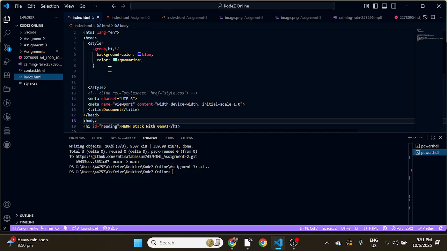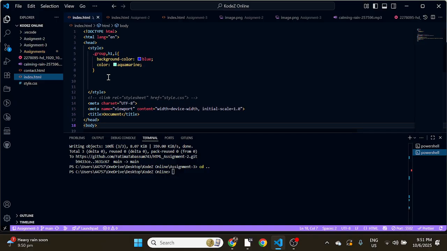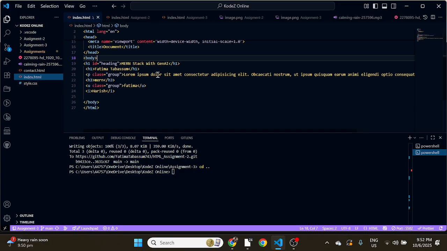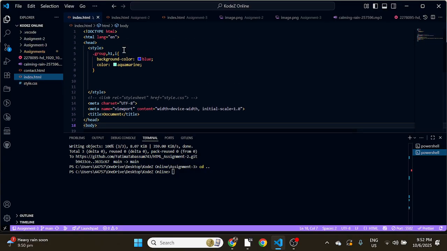And the more preferred way, like I told you the three ways to add CSS, right? First is inline, then internal and external. The more preferred way, the one companies really work with, is external CSS. Why? Because it gives you more code readability. Your code is separate, so that's why they mostly use external CSS. So you guys also make a habit of writing code in external CSS instead of inline CSS or internal CSS. Just try to write code in an external file. Okay,